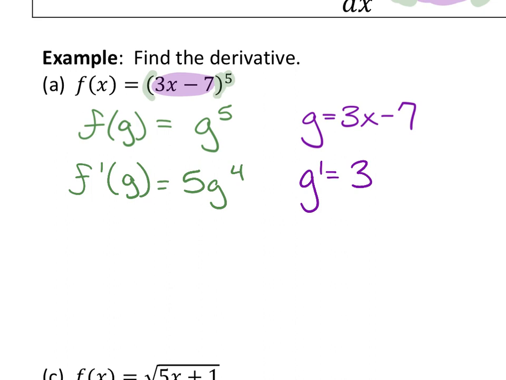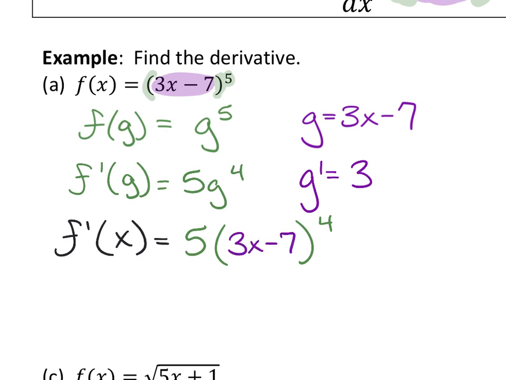So to do f prime of x, I have to substitute everything back in, which means I will be doing the f prime part, but inside of that is no longer the letter g, it's going to be the entire function g that has an x in it. But the derivative for this chain rule also tells me that I have to multiply all of this by g's derivative. So it's the derivative of the outside function with the old inside still tucked in, multiplied by the derivative